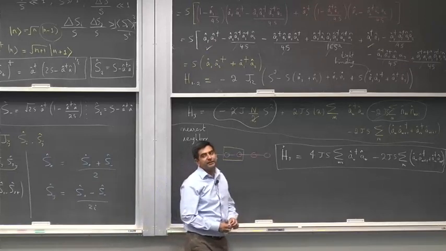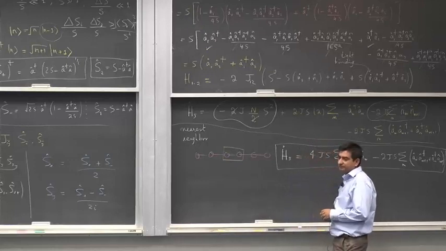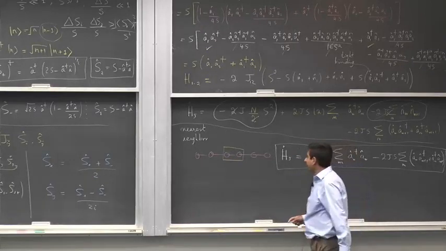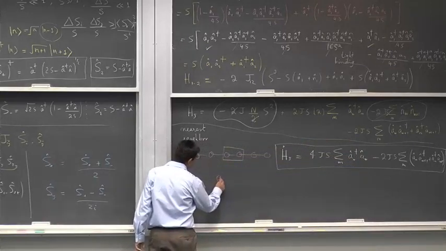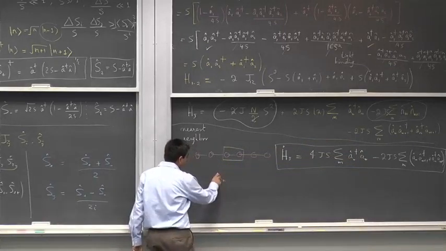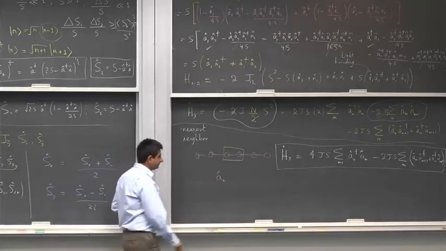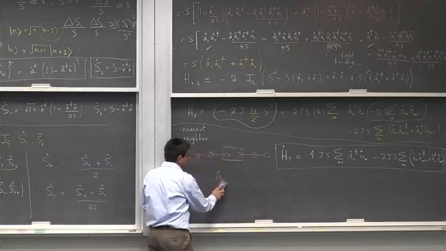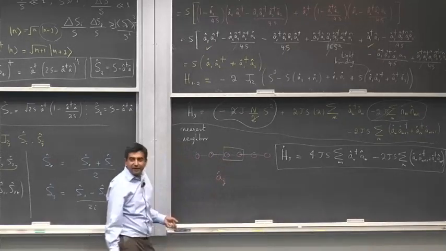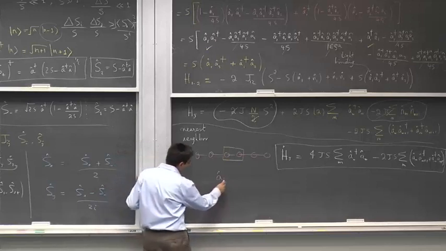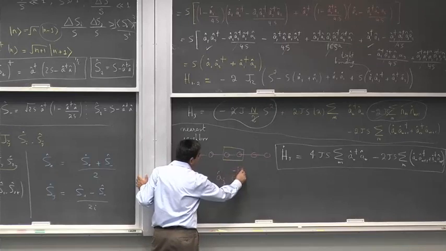I define the Fourier transform of the creation and annihilation operators. If I have the creation or the annihilation operator a_n or a_j, I can define this Fourier transform in the following fashion: